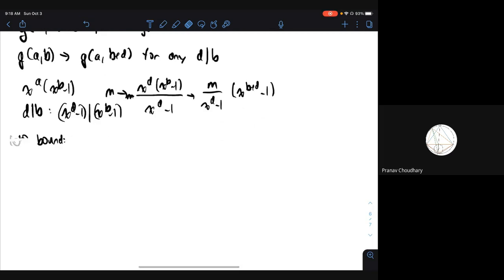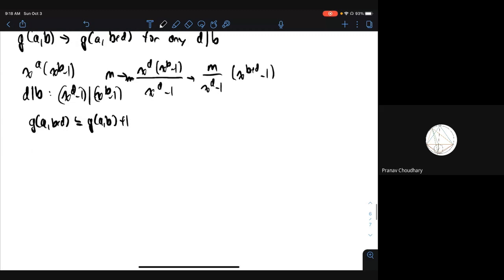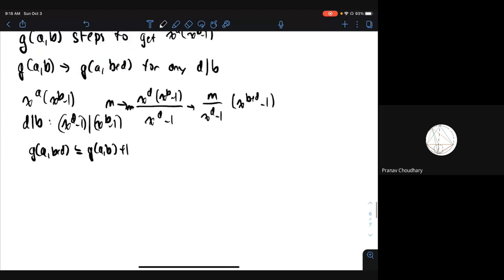So what this is saying is that g of a, b plus d is less than or equal to g of a, b plus 1. Is that clear so far? Yeah. Okay. Also, there's a small typo here, by the way. I meant to write